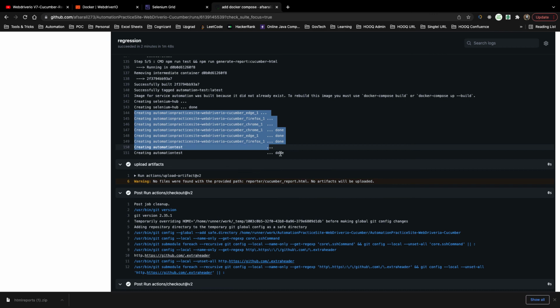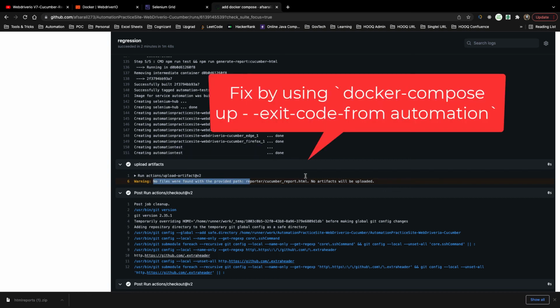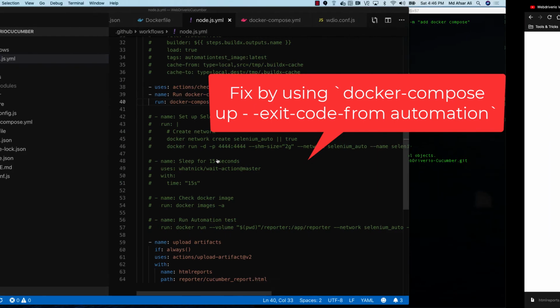Basically what's happening is it's creating the Docker container and just saying it's done once the container is created, but it's not waiting till the whole Docker image is completed. So that's why no report has been generated yet, right? So to fix that, instead of using the detach mode,